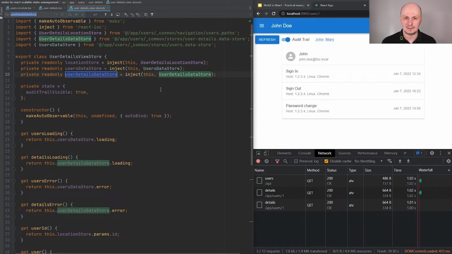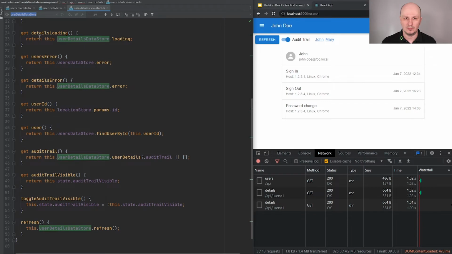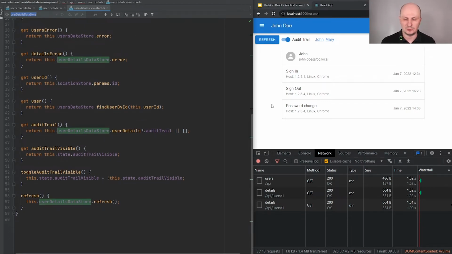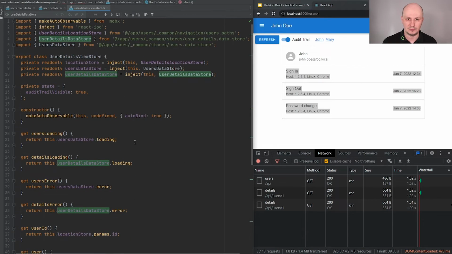User details data store is used for booleans like details loading, details error, and also audit trail list of the elements. And also the refresh button is executed in user details data store. So this is delegated to action of another store.